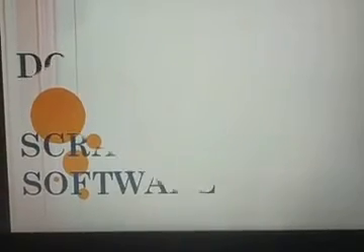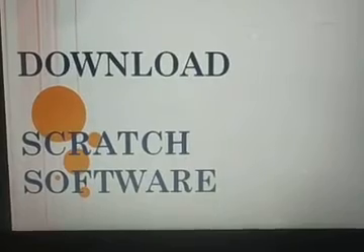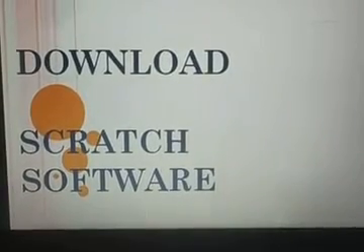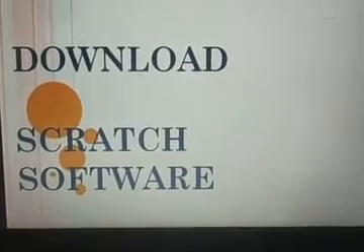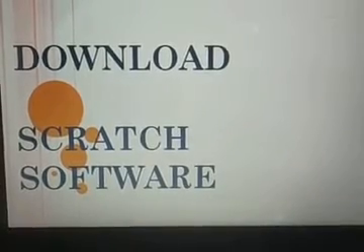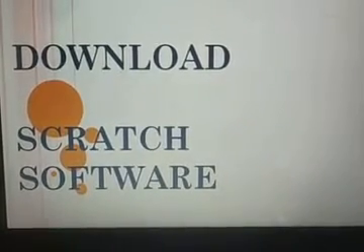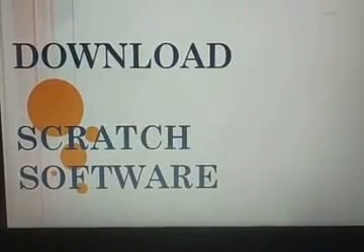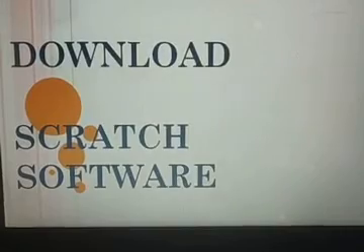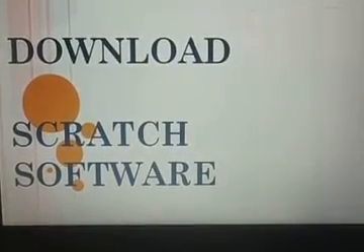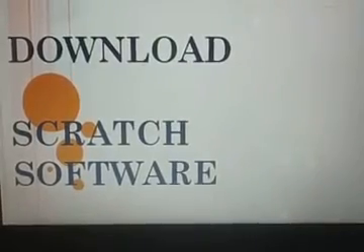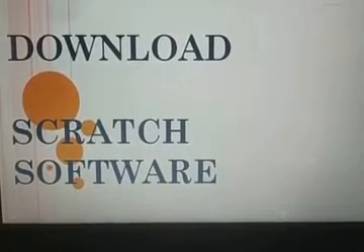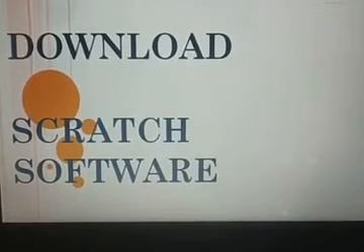Here we will go through downloading the Scratch software, because maybe you have not gone through how to download the Scratch software in the last class. We will go through it and try to download it on our computer. The process should be continued in the downloading. If you download it correctly, then only you can manipulate, otherwise it is not possible to manipulate. So we are going to start the downloading phase.